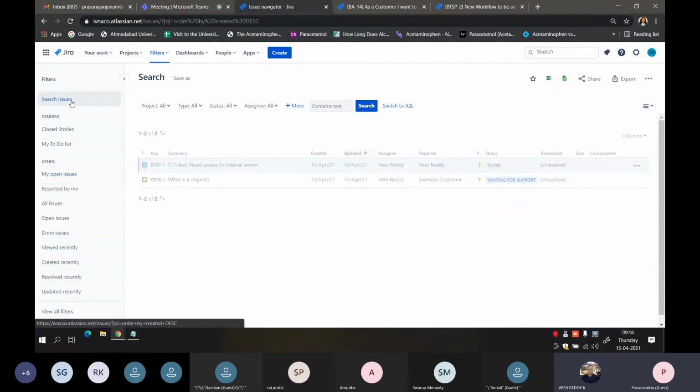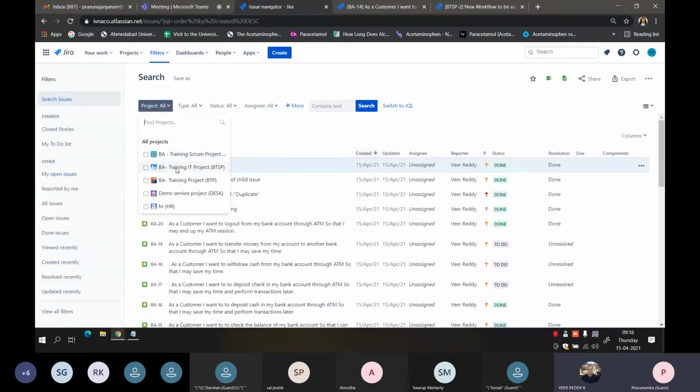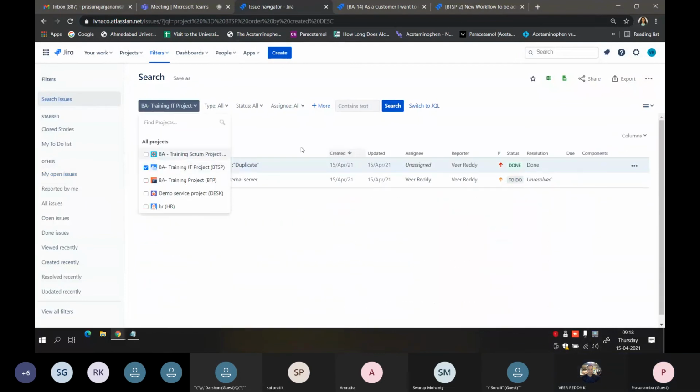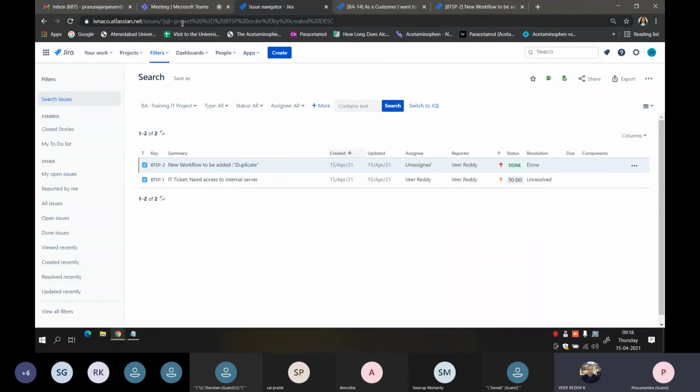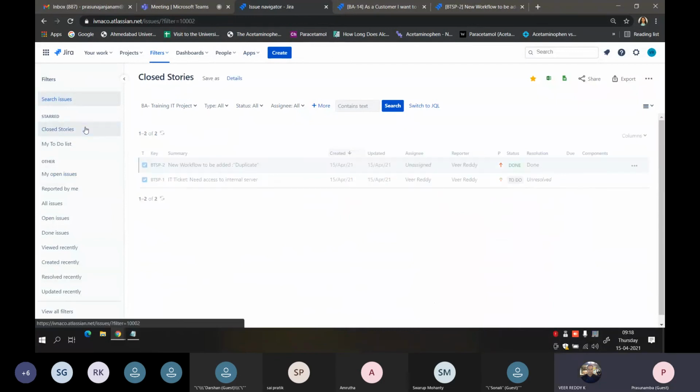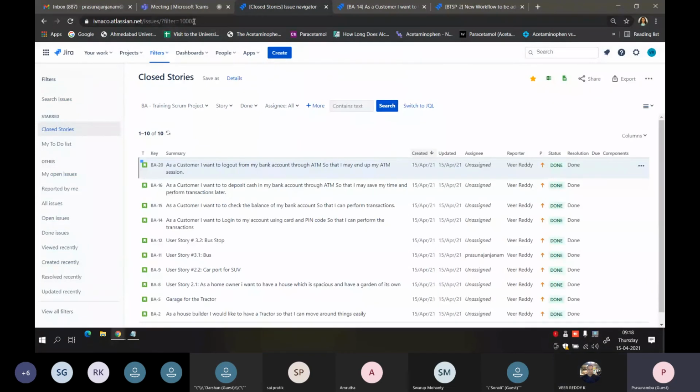If I search for something very specific, now I'm going to something else. Here, if you see, the filter code is not given. It is simply searching with whatever search values you are selecting here. Only when you save it, the filter ID is created.